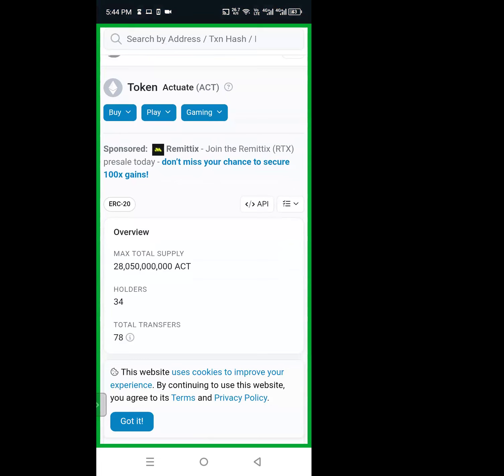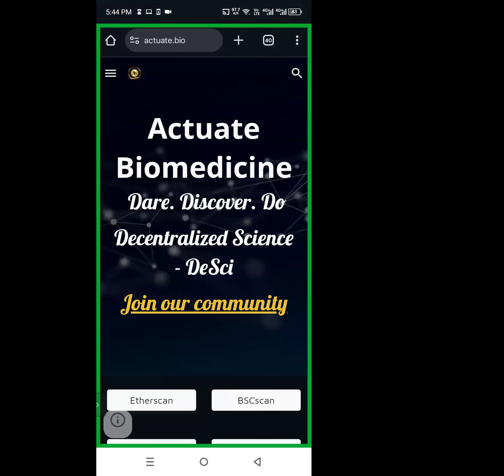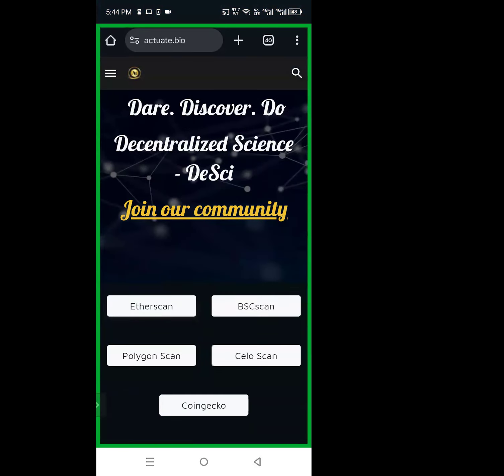When you go to the Actuate website, you'll be able to see, maybe I can just actually go back. So this is the Actuate website. And in the Actuate website, there are these buttons here: Etherscan, BSC scan, Polygon scan, Silo scan, and CoinGecko.